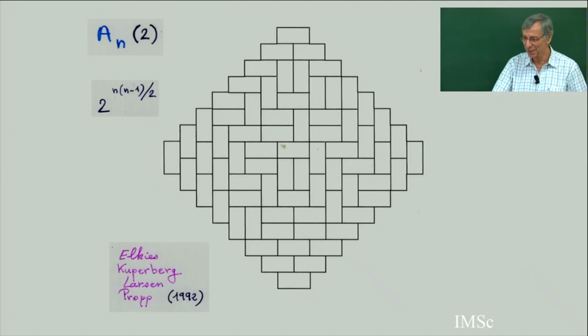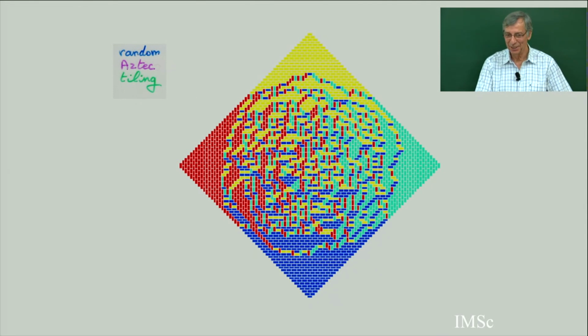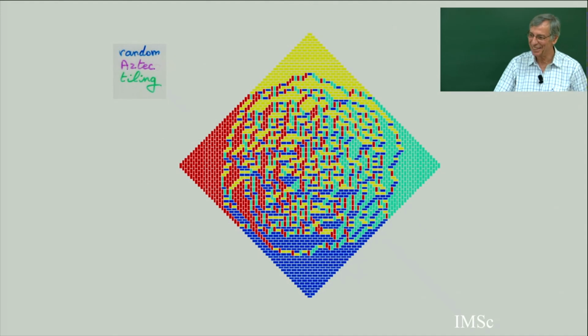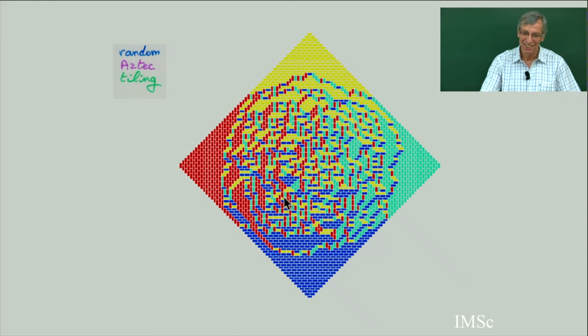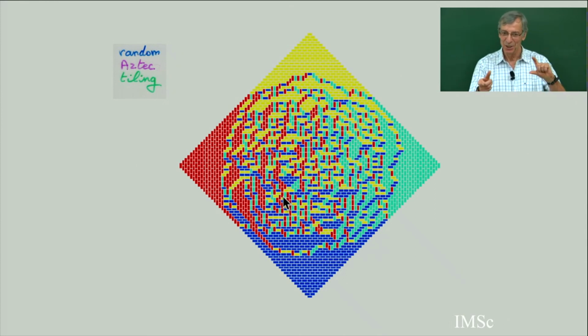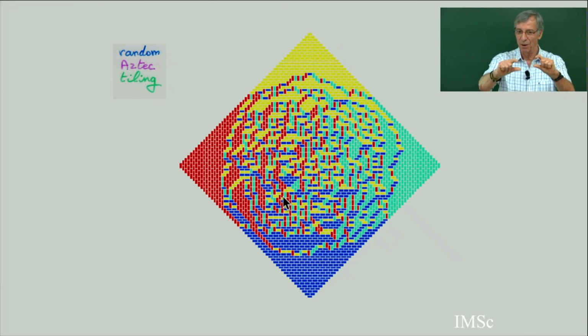Now there is something very famous, I cannot resist giving it to you. If you take a random Aztec tiling, it's written with 4 colors, because you have 2 kinds of dimers, horizontal or vertical, and now you can color the Aztec diagram like a chessboard, with the cells black, white, black, white, etc. When we have a horizontal dimer, there are 2 kinds of horizontal dimer: black and white, or white and black. Vertical dimers also: a white above and black below, or the reverse.